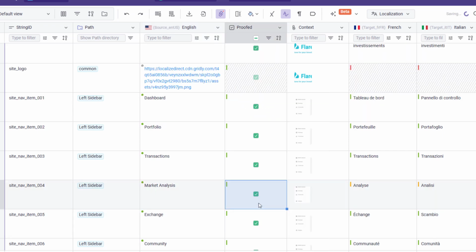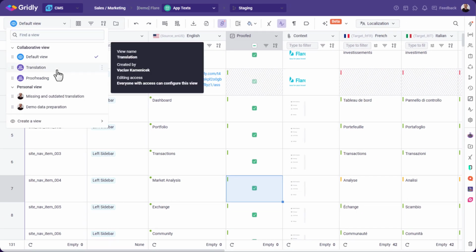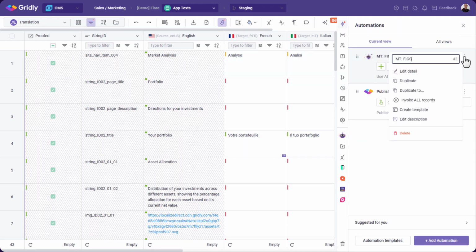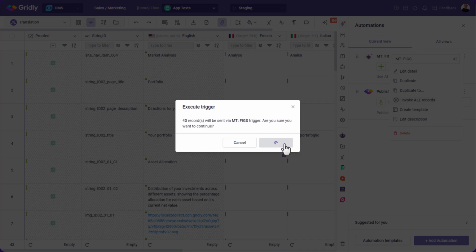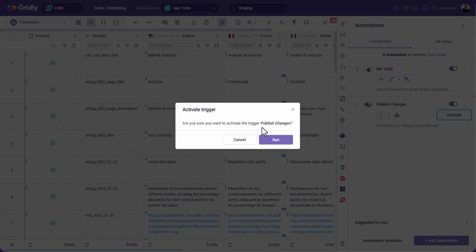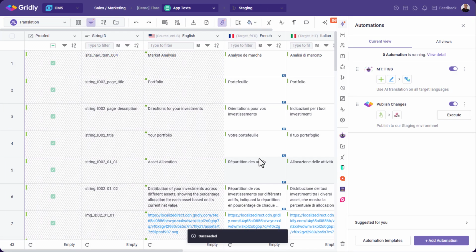This makes it easy to filter content that needs translation and trigger automated actions, such as generating translations for target languages with an AI engine. Tracking who provided translations helps you identify what was generated by AI. Finally, you can export the content to a file or use the API or webhooks to push it to your